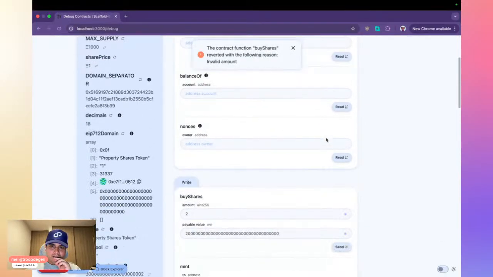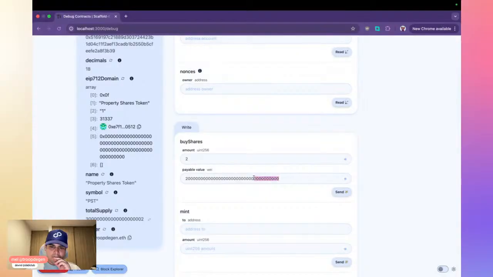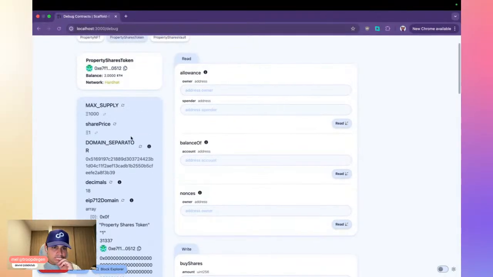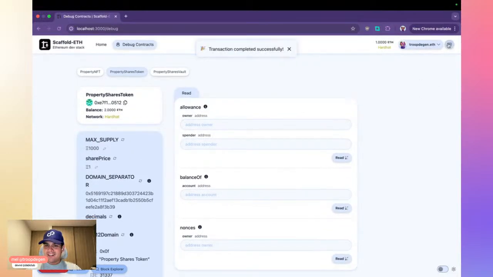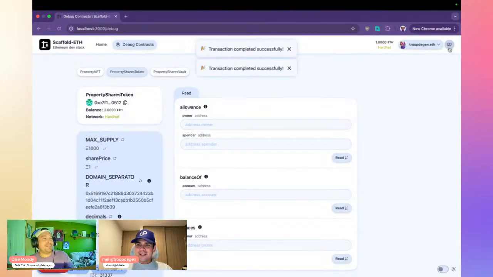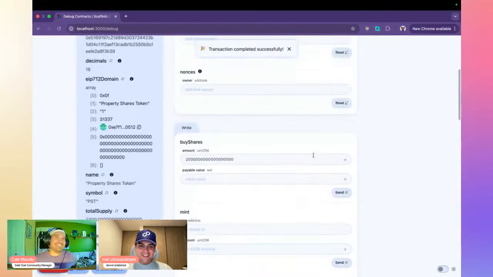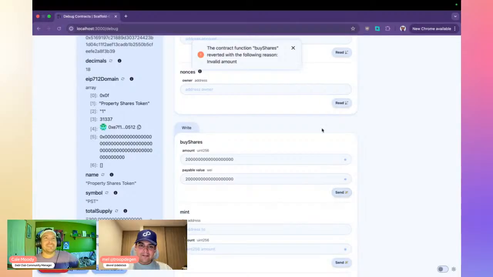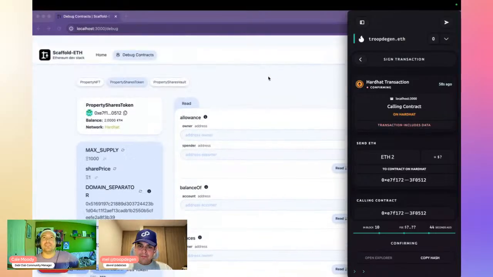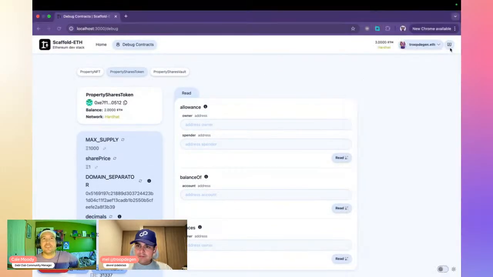Yeah, it's always an invalid amount. No, my bad. What was wrong was here. So I did pay 2 ETH, but for the 18 decimals for two shares. Yeah, this is okay, it's just a matter of decimals. Just getting your numbers right. But in terms of the functionality, this is you grabbing shares.